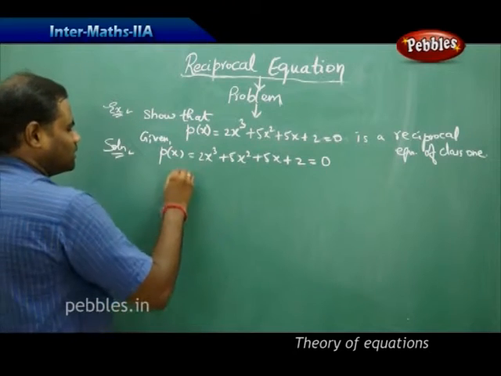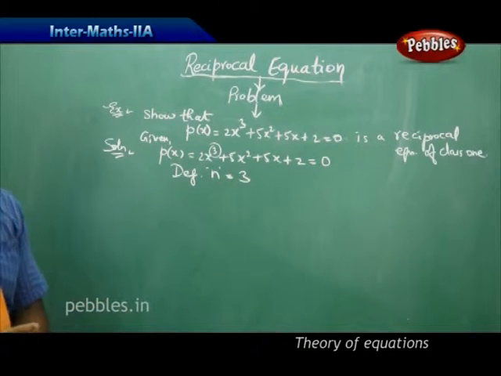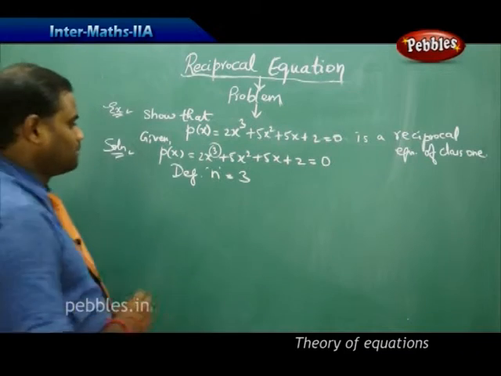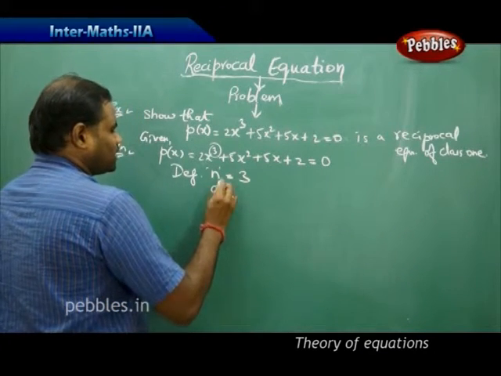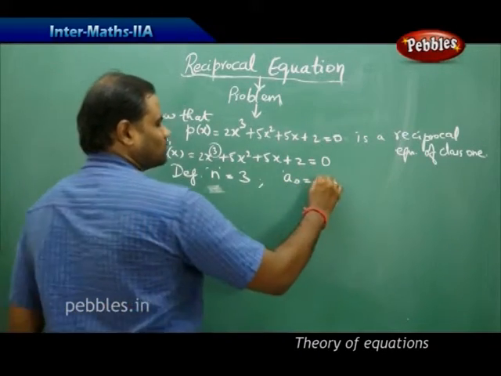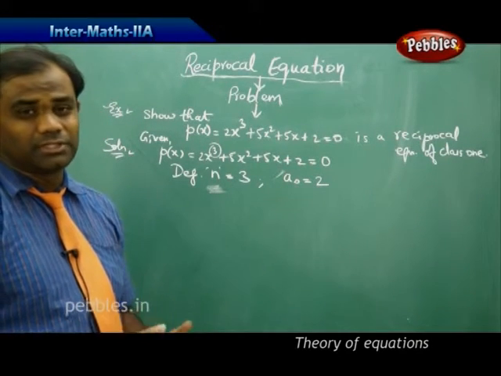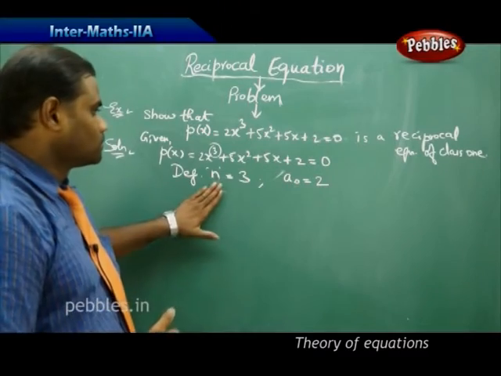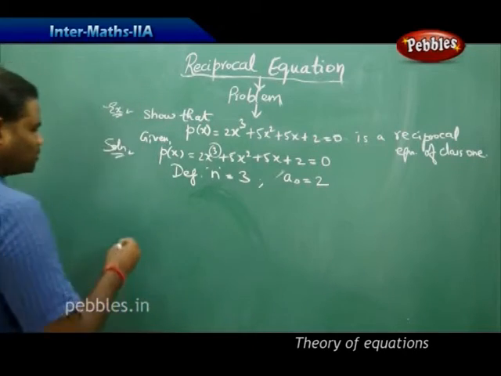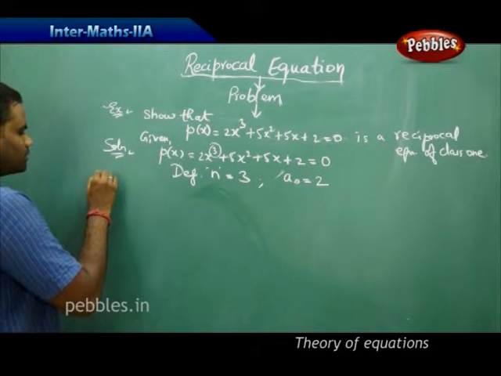And I observe here that my degree n is clearly 3 because it is the highest power identified in the given polynomial equation. My leading coefficient a0 is equal to 2. So these are the two basic things through which I identify the reciprocal equation, and of course its class 1 nature. So initially I want to show that this is a reciprocal equation. How do I show that? By definition of reciprocal equation, I have that